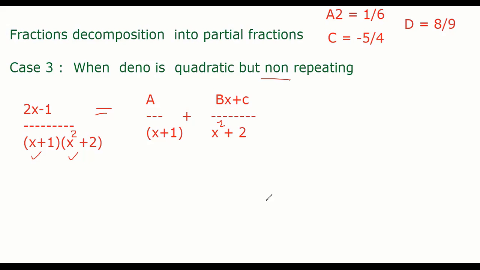बिल्कुल सेम है गाइस। अब तुम मुझसे सॉल्व करवाना चाहो या खुद सॉल्व कर सकते हो, मेथड सेम है। एलसीएम लो, मल्टीप्लाई करो, 2x − 1 इक्वल टू हो गया। लेट मी राइट दैट स्टेप और उसके बाद सॉल्व कर लेना तुम लोग। जब एलसीएम लेंगे तो इधर 2x − 1 हो जाएगा। अब बताओ A के साथ क्या आएगा? x + 1 चला जाएगा तो x² + 2 आ जाएगा, राइट एवरीबॉडी? ये हो गया मेरा A(x² + 2)